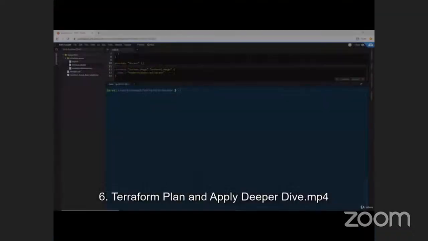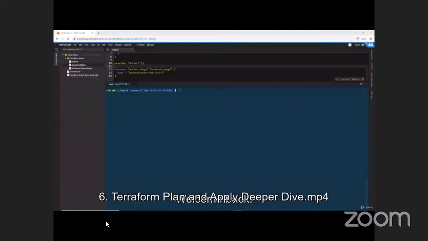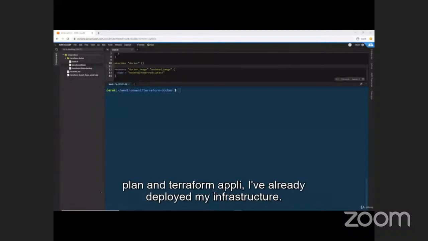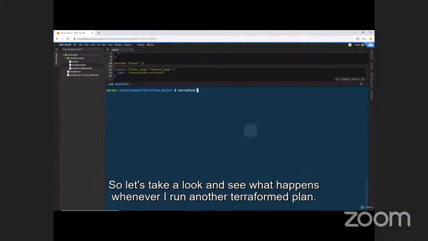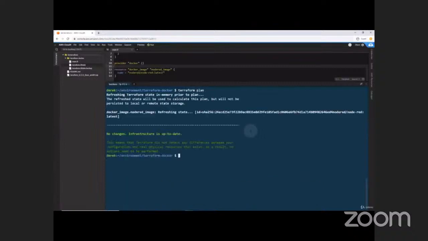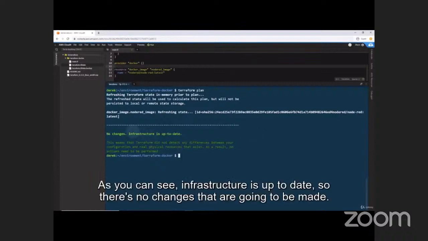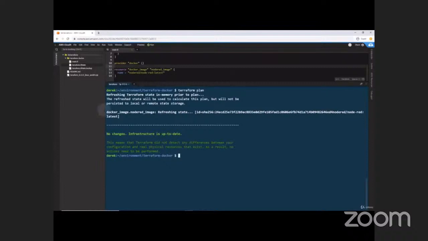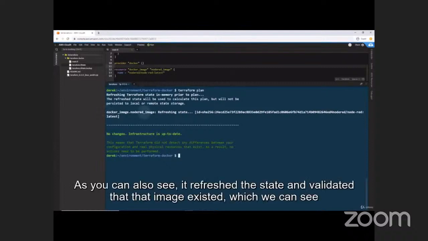Welcome back. In this lesson, we're going to dive a little bit deeper into what we just did with that Terraform plan and Terraform apply. I've already deployed my infrastructure, so let's take a look and see what happens whenever I run another Terraform plan. As you can see, infrastructure is up to date, so there's no changes that are going to be made. As you can also see, it refreshed the state and validated that that image existed, which we can see here